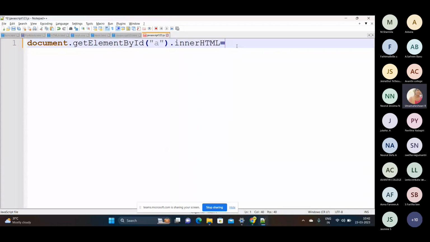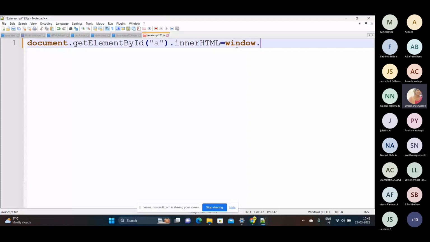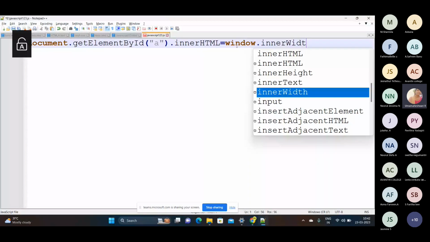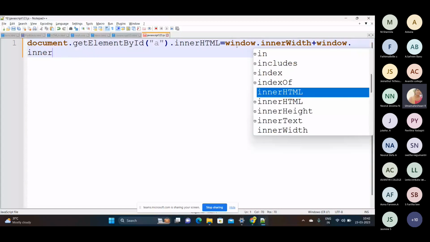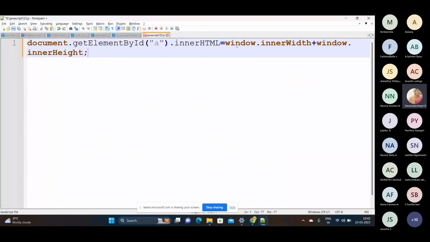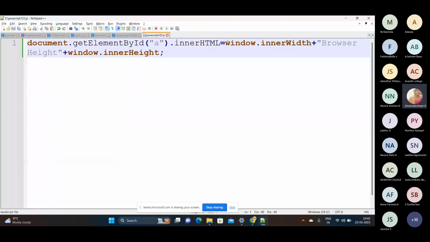Okay, and after this, I'm going to use window objects like inner width. I'm going to fetch the inner width of this browser plus I'm going to get the window dot inner height. So what is the height of this window? So just I will give it as, I'm going to check the browser height, and here I'll be mentioning it as